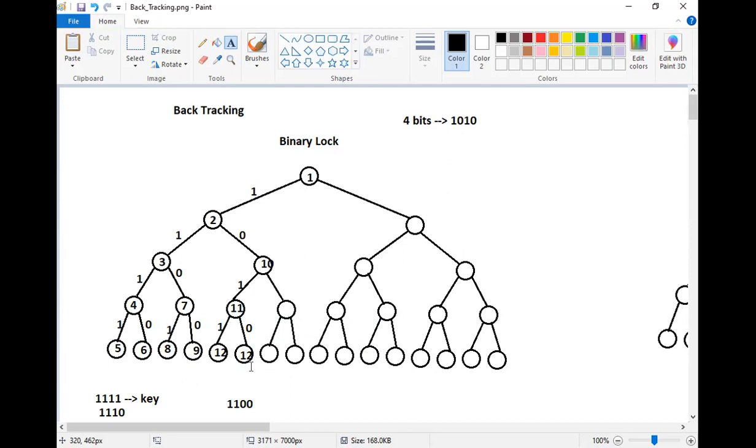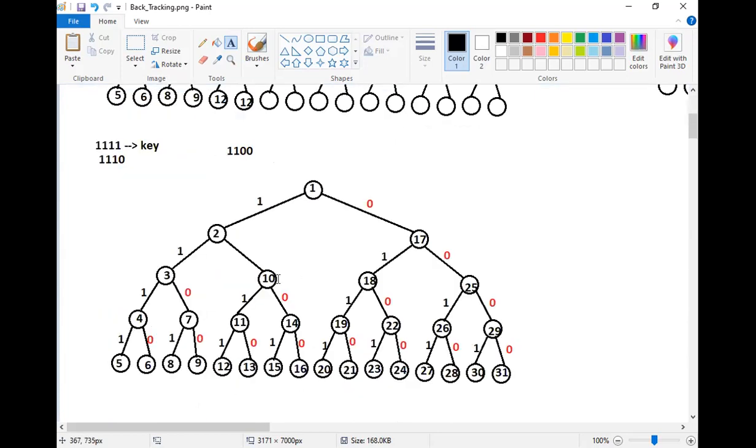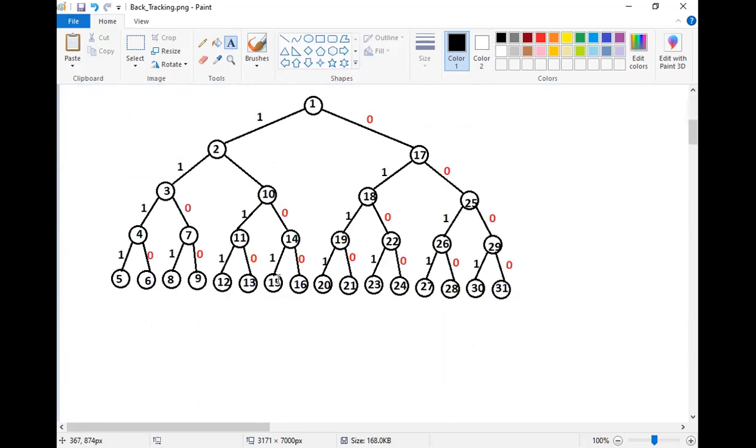So any given problem can be solved with this type of method, wherein we try to go to one particular solution and identify whether it is correct or incorrect. If it is incorrect, we come back to the previous stage. Then if there are other possibilities, we try them. Otherwise, again, come back to the previous stage. Like this, if we keep on plotting the graph, a binary tree, we may end up with something like this.